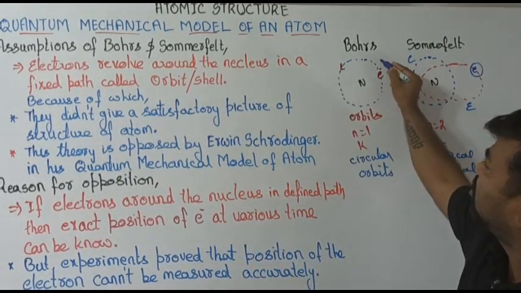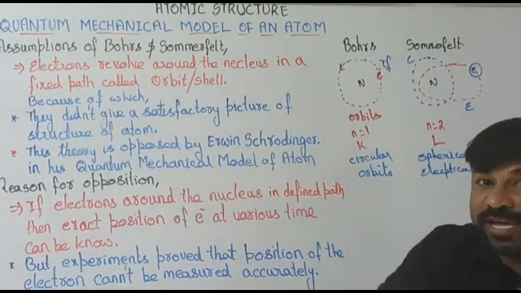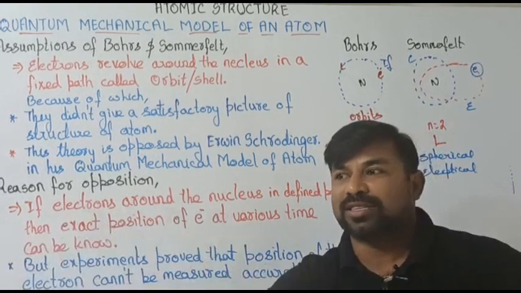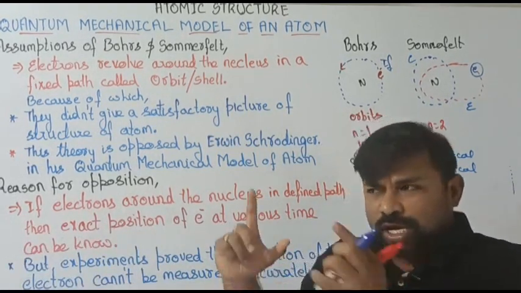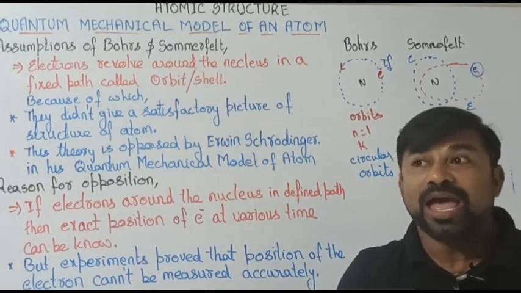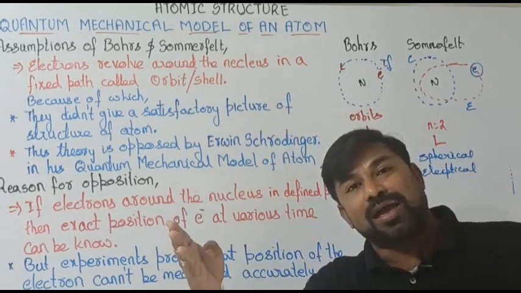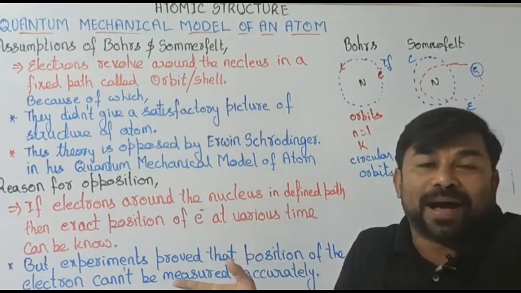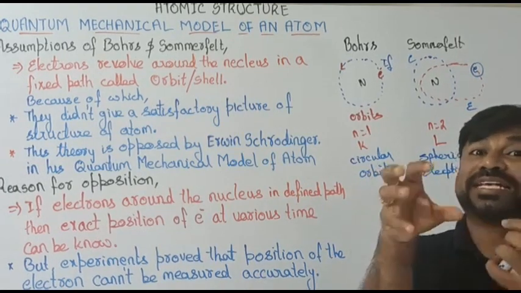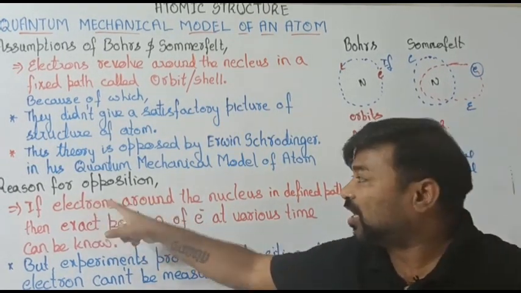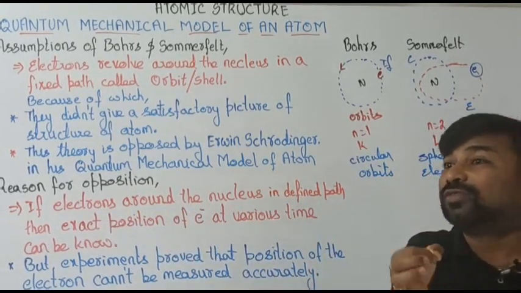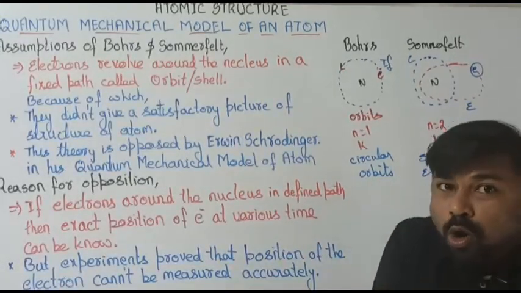If they are moving here only, we can find out the exact position. Imagine a person is moving here and there, and if he is moving in the same position, if you take a pic of that, we can know the exact position of that, right? And next time also at the same time, we can see it will be there only. But what we are not able to figure out is the exact position. That's what. If electrons revolve around the nucleus in a different path, the exact position of the electron can be known.